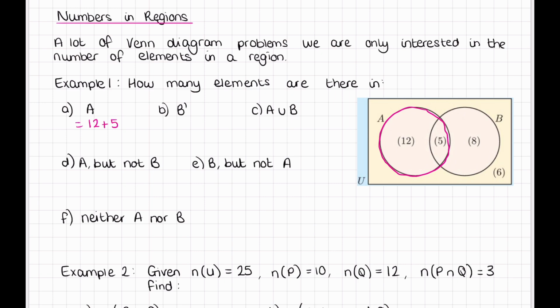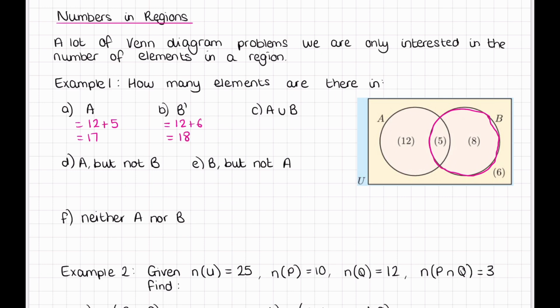There's also 5 in the intersection, which are also in A, so that would be 17. The next part, how many are in not B? So once again, I'm just going to circle B because we want everything that's not in B. We know to look for everything outside of the B circle, which is the 12 and the 6, which would